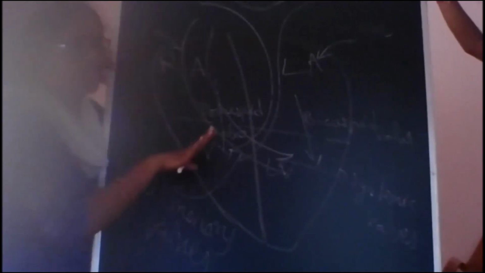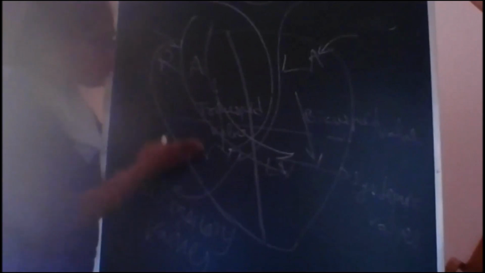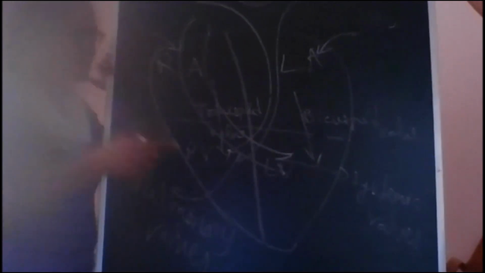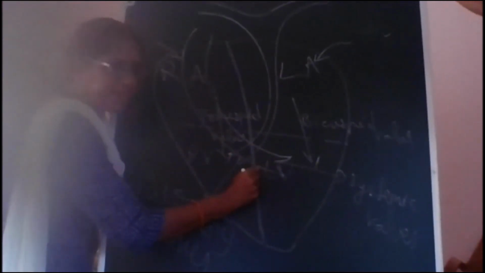To avoid that, the tricuspid valve and the bicuspid valve will shut very quickly, giving the first sound of the heartbeat, which is called the lub sound. The lub sound is given by the tricuspid valve and bicuspid valve, which will not allow the blood to flow from the ventricle to the auricles. This is first. Second, the ventricles are squeezed, that is ventricular systole.